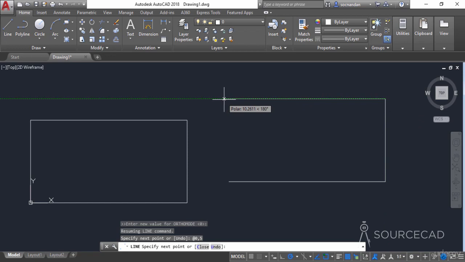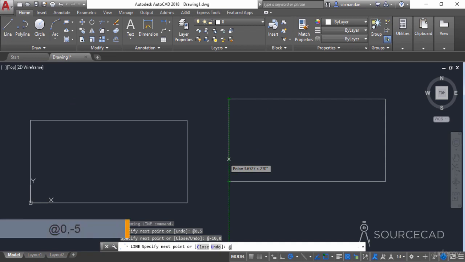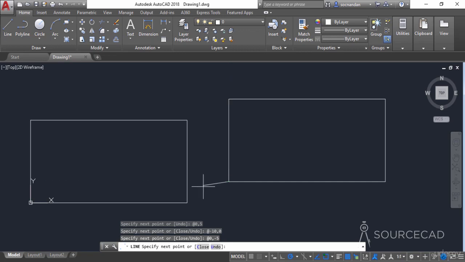Now we need to make another line here, and in this case we are moving in the left direction. So again I'll type @ and this time I need to enter -10 because we are making it in the left direction, and the left direction is always negative. And we don't need to add any value in the y-axis, so I'll type y as 0 and now press enter. Here we have it. Now we need to move to this point, and in this case we need to move downwards in y-axis, and x-axis value is 0. So let's type @0, -5 and press enter to return back to the origin,